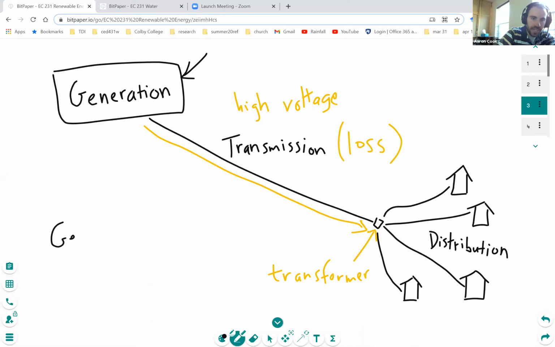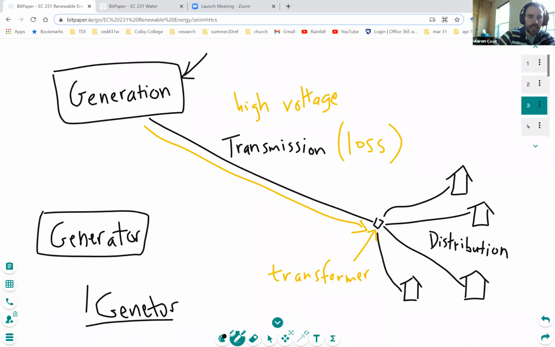Now, in the 1990s, we ended up having lots of different generators pop up, and there was deregulation. It used to be the case that the whole process, the generation, the transmission, and the distribution, was overseen by a single utility from start to finish. In the 1990s, utilities still managed the transmission and the distribution, but the actual generation was outsourced or